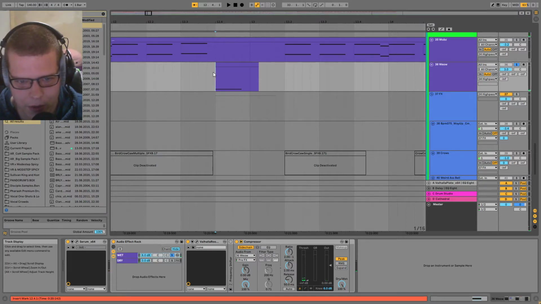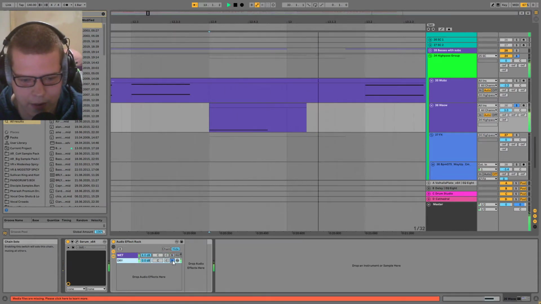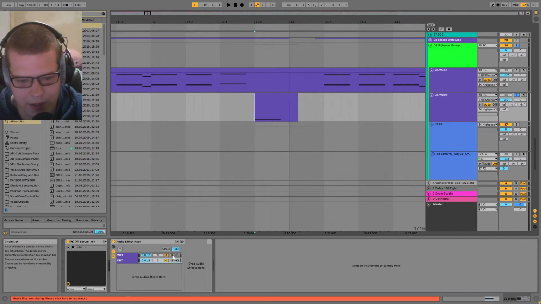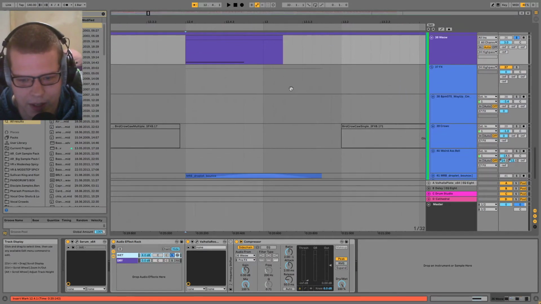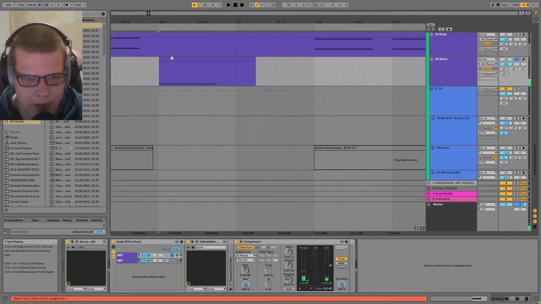you can see, or you can hear rather, that when the actual bass plays, the reverb chain is severely reduced in volume. See, it doesn't start coming in until here.